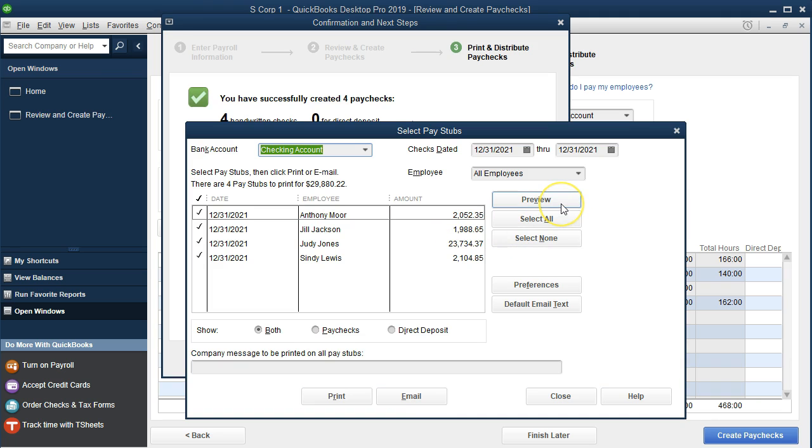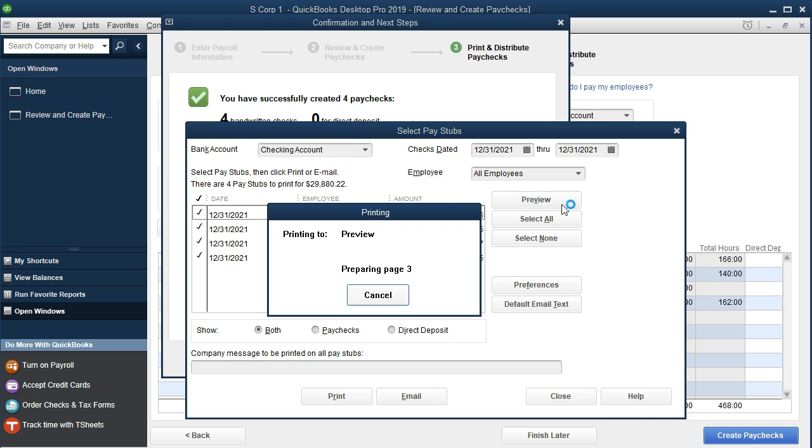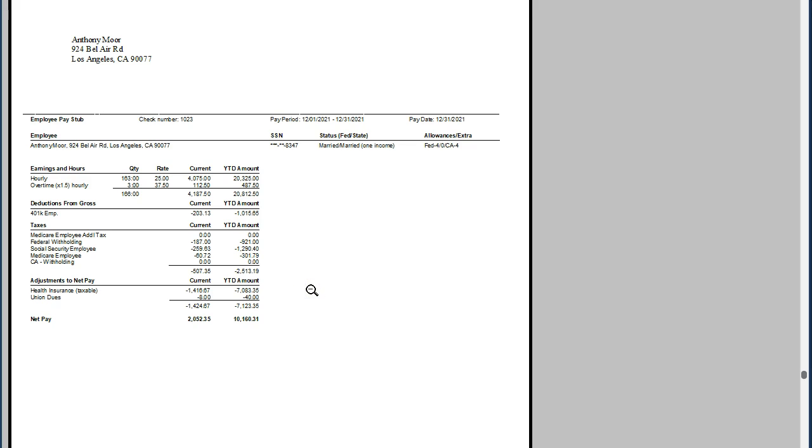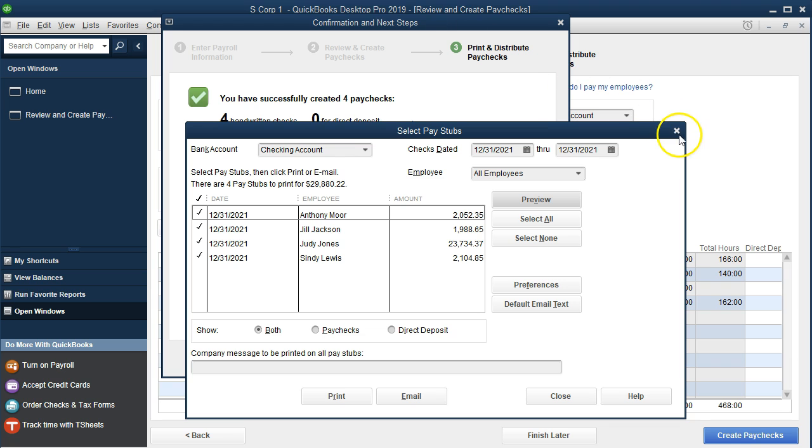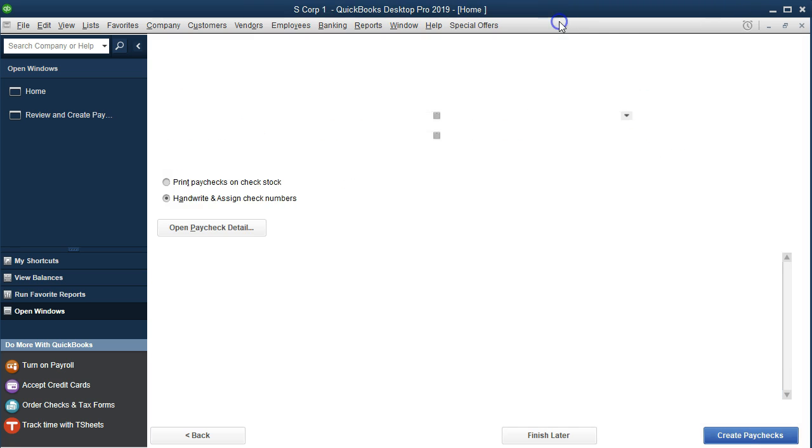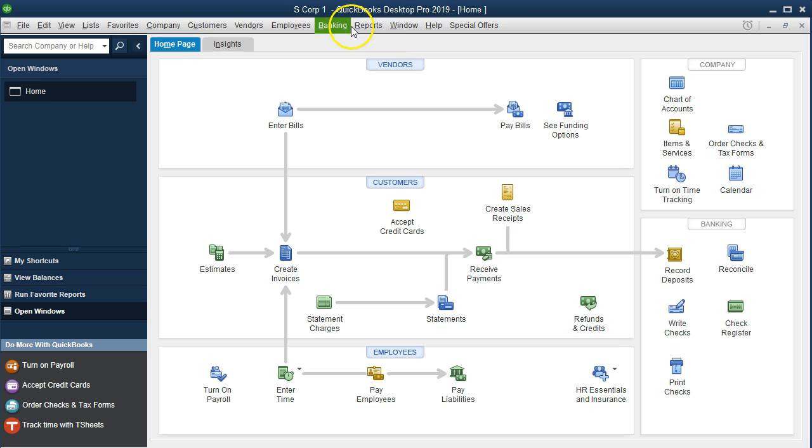We'll check the pay stubs. Remember, we're going to preview that the pay stubs will have to be given to the employee in some way, either as a pay stub or in format of a report to show, or a digital copy, or in some format. Here's the current payroll with the gross pay and what was taken from it, and the net pay, and then the year-to-date information typically is what needs to be given to employees on a paycheck-by-paycheck basis. So we'll close this back out. Going to close this back out, and we're going to check to make sure that the checks have indeed been